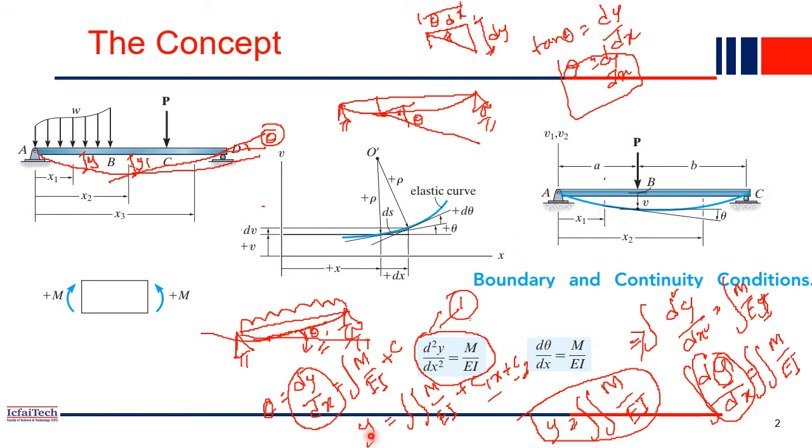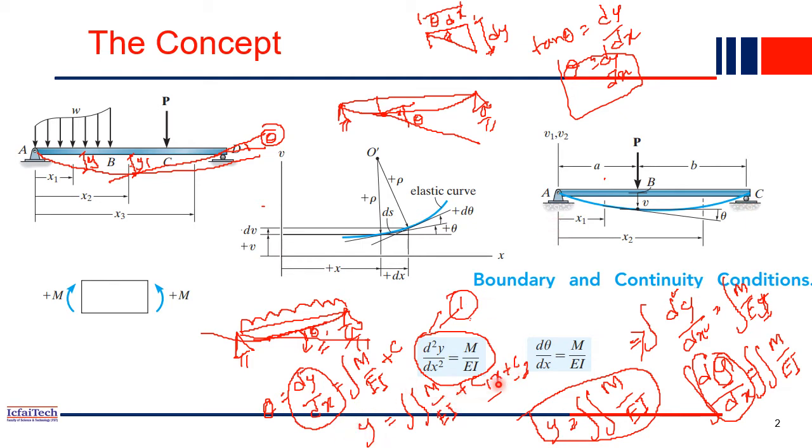So y equal to, y means deflection. Deflection at A equal to 0, right? So this y value should be equal to 0 when the x value is also 0. So x is a variable starting from here. So here x equal to 0 and here x equal to the total length of the beam. Maybe it is L, right? So when x equal to 0, you have y equal to 0.